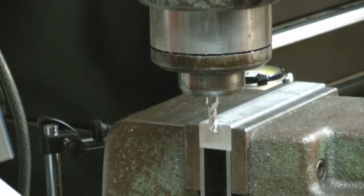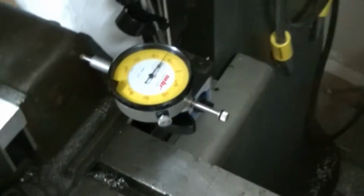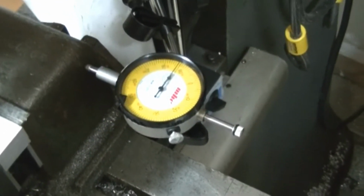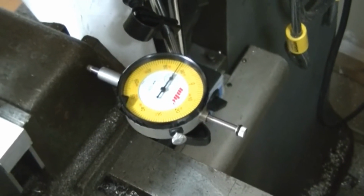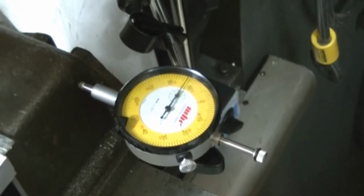Now I have to account for the center of the cutter. It's a 0.250 cutter. Half of that is 0.125. So I'm going to adjust for the center of that. Then I have an indicator on the edge of my vise. Once I get adjusted for my center, I'll realign that to 0, and then I'll work into the starting point